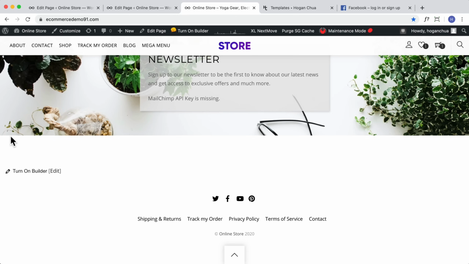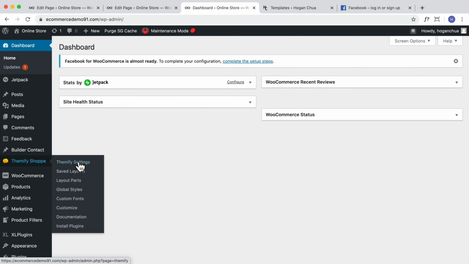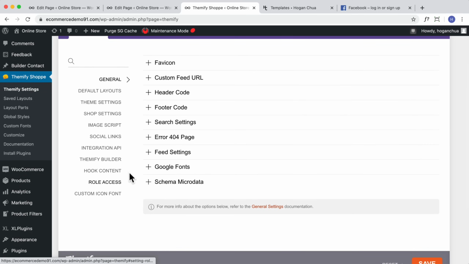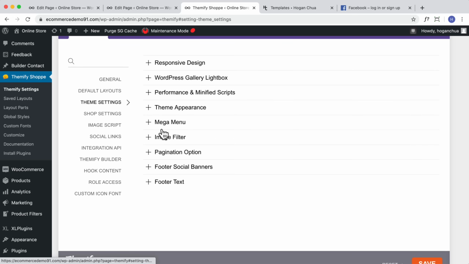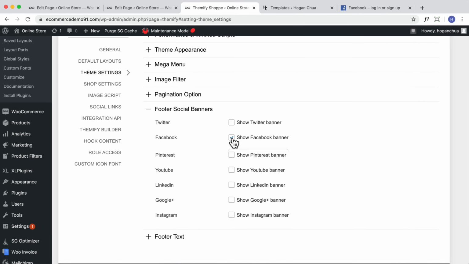If you want to display a sort of nicer one as well, you can, I'll show you quickly. So go to dashboard and let's go Themify shop, Themify settings. So we can change that over, I think it was over theme settings here, and footer social banners. Okay, so we can enable whichever one that we want. So for example, this one,